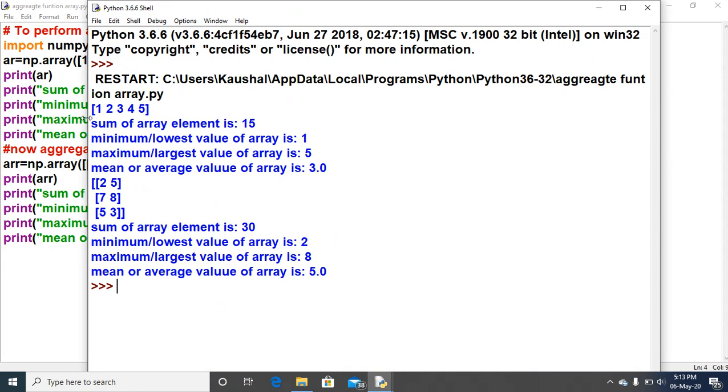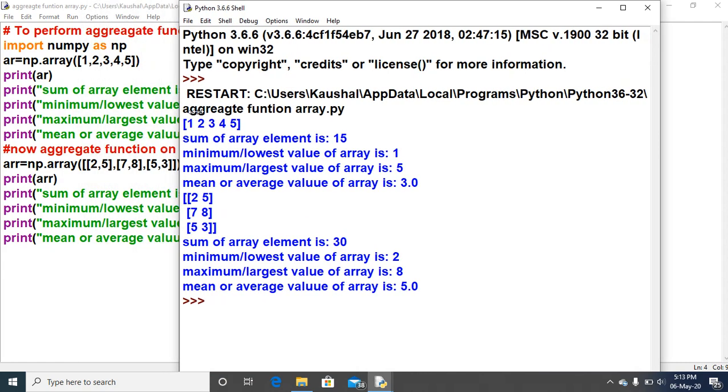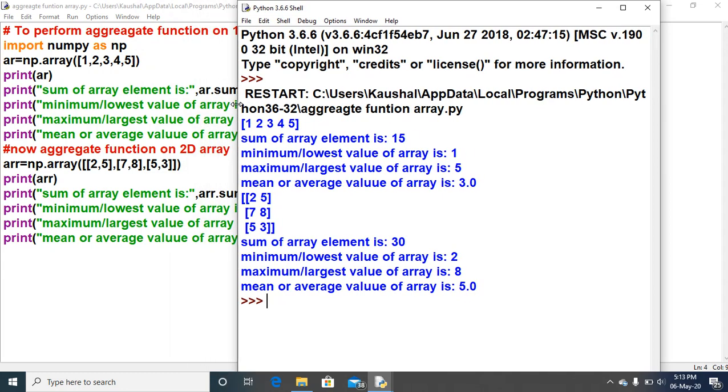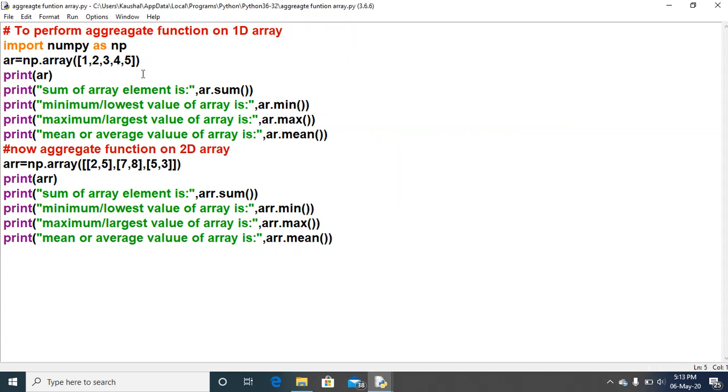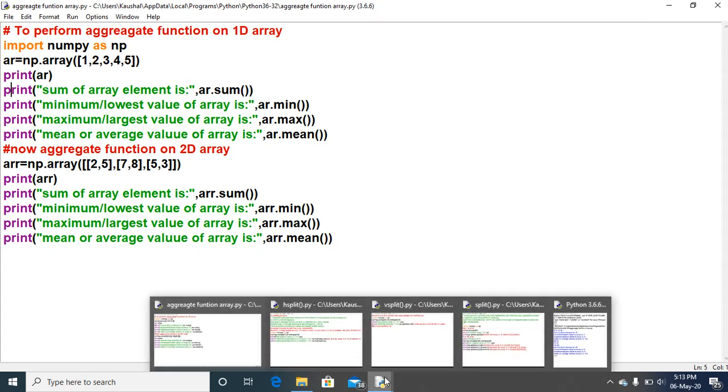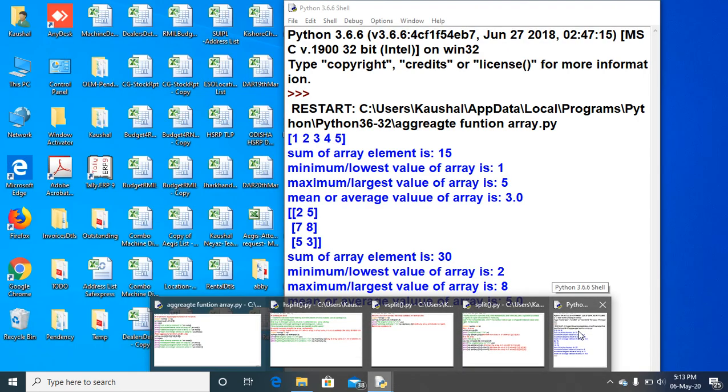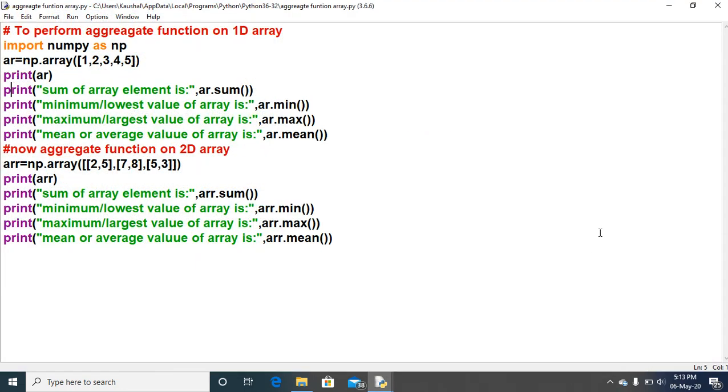See the output. First it prints 1 2 3 4 5, because ARR 1 2 3 4 5 has come as an output. We have taken the print for the first array, that is why it is coming like that.